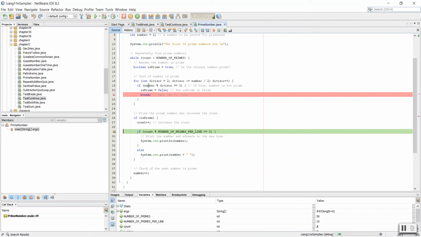For the second number, which was 3, is also prime. But the third number, which was 4, is not prime. If we want to get what's number modulus divisor, it's giving us a 0. So therefore, isPrime had been set to false. And then 5 is prime, and 6 is not prime,